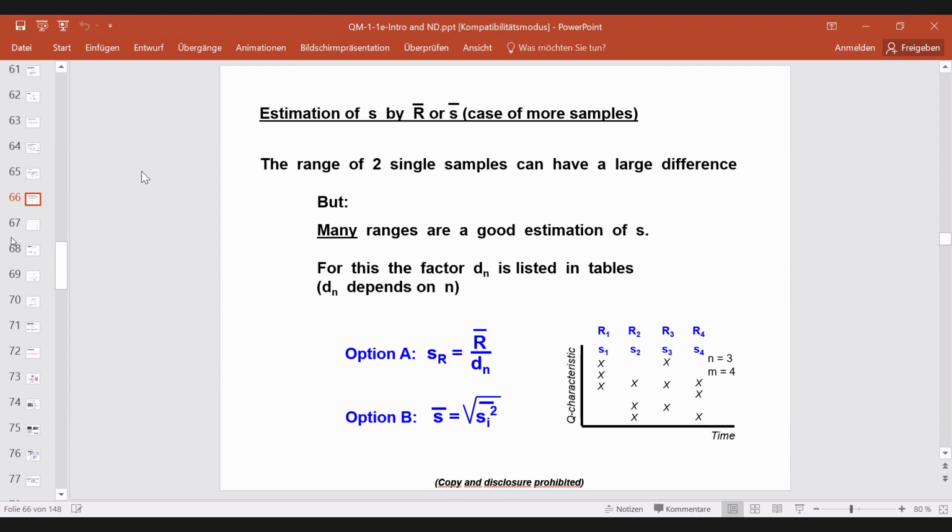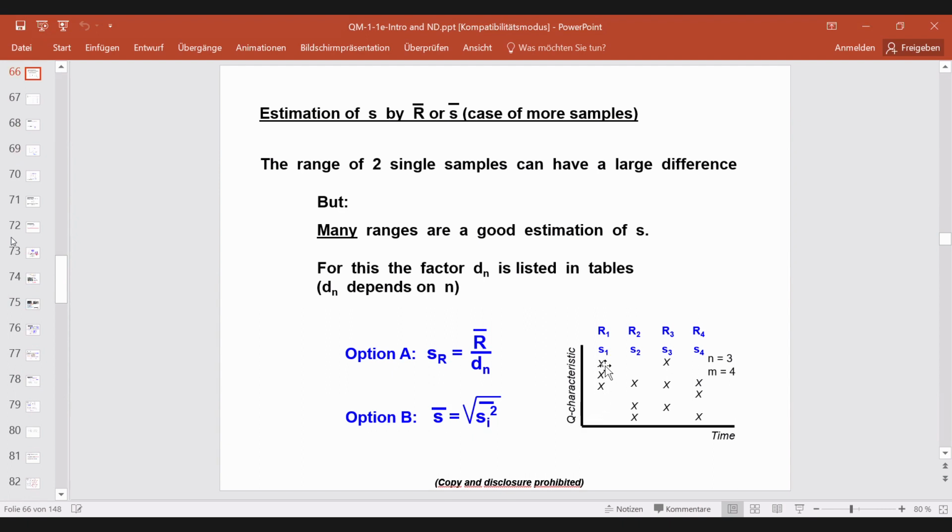In most cases in the industry, samples are taken out of the production and then quality charts are made with the results. And the quality chart is here. You take a sample here, in this case of 3 parts. So you get 3 measurements, maybe of a dimension. On the ordinate, you have the quality characteristic,